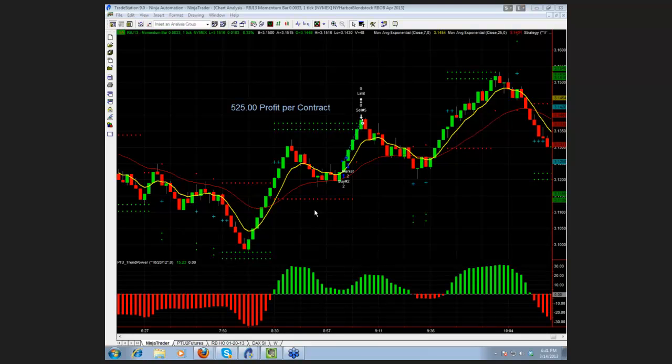So let me just kind of cover what you're looking at here. PTU has a number of indicators, and I'm not going to go through everything. One of the primary indicators that we use is down here in the left-hand side of the screen. It's called the PTU Trend Power. This indicator is very simple. When it's red, the trend is down. When it's green, the trend is up. Okay? And one of the concepts we have with this particular trading approach, we are only looking for shorts when the trend indicator is down, and we're only looking for longs when it's up. Okay?